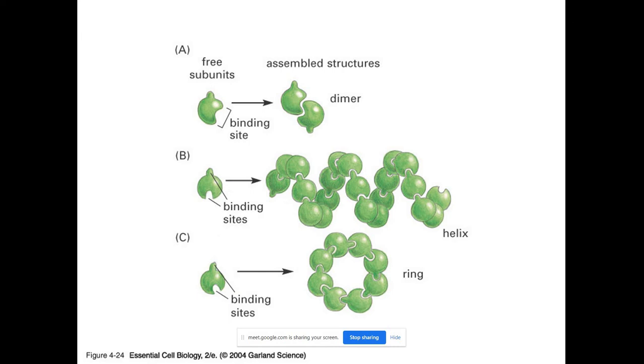Here in the figure you can see this is the free subunit. Are you able to see? And on the right hand side you can see the assembled structure, a dimer protein. So these are two different subunits. After binding they are showing the structure. Before binding you can see, after binding you can see. On the left hand side is the free subunit, and on the right hand side is the assembled structure, the dimer.